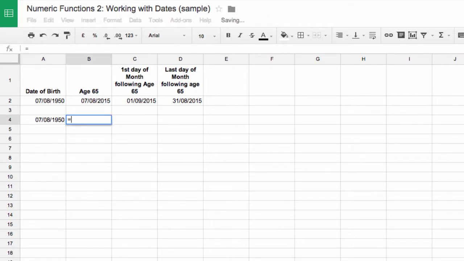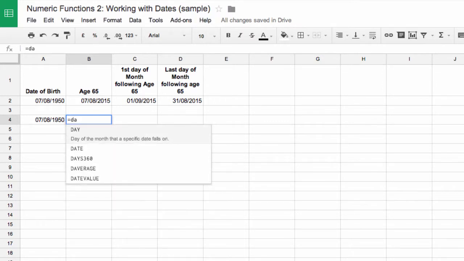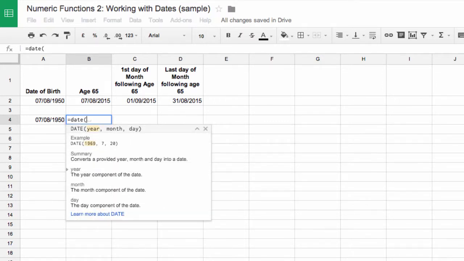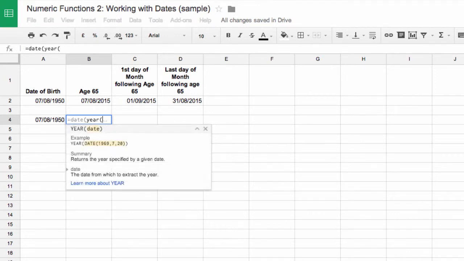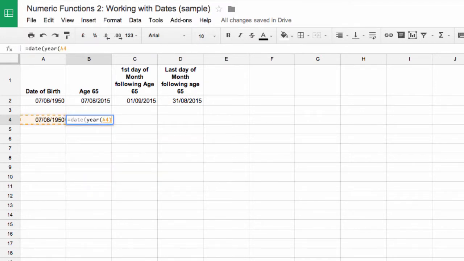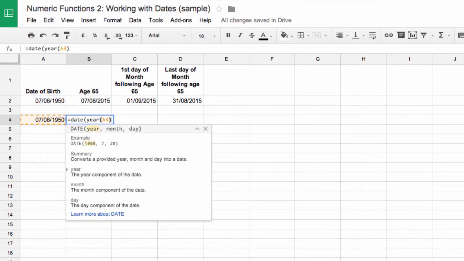And we use the date function, and the date function has three components. So it's equals date, open bracket, then the year part, open bracket. So then we tell the date function where the year part is, and it's in this cell here, close bracket. Then we want to increase the year element by 65 years, so we just go plus 65, then comma, month,